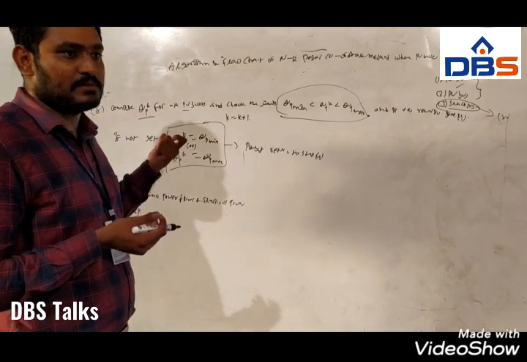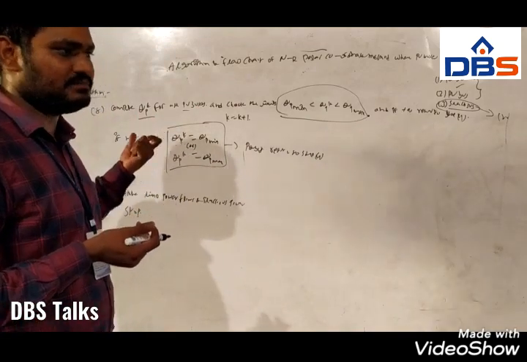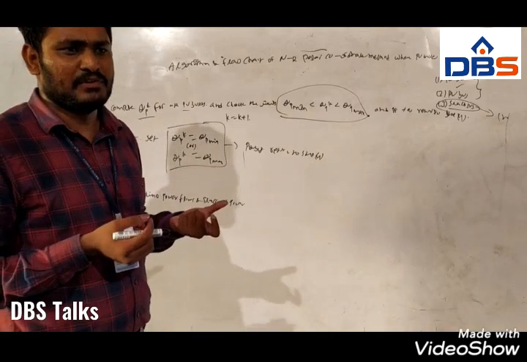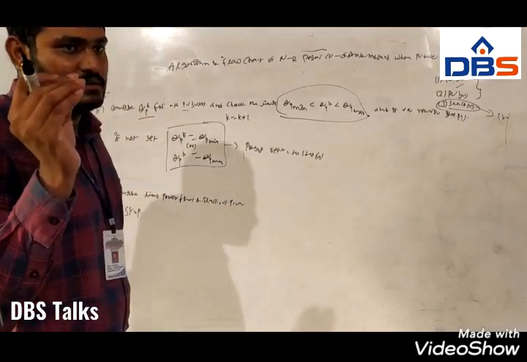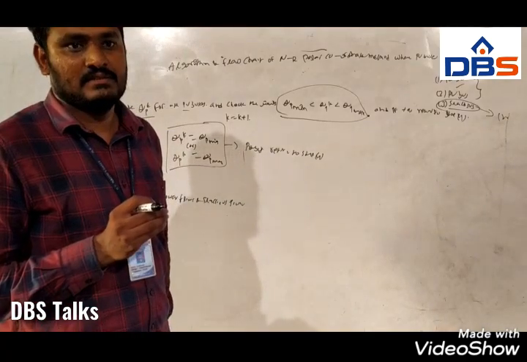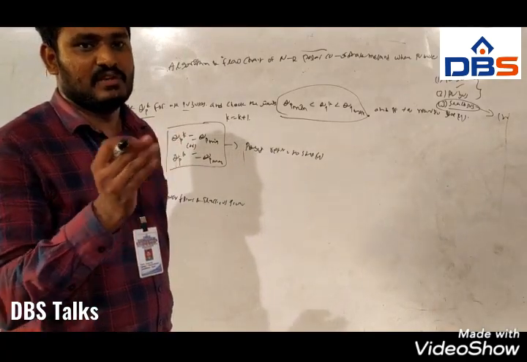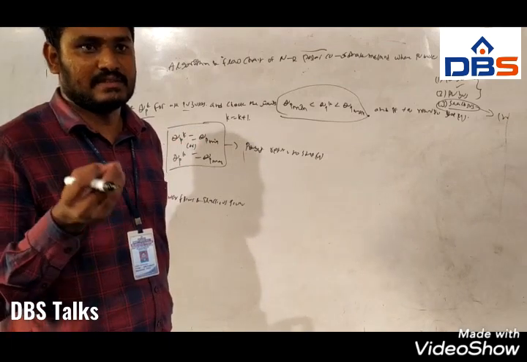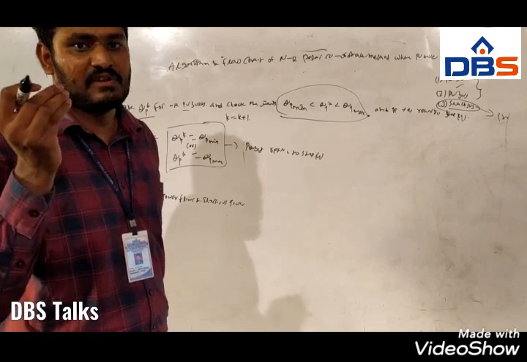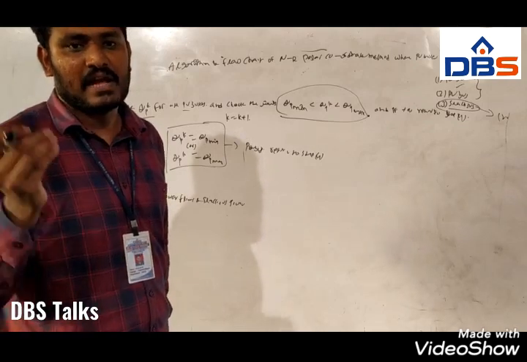And in the seventh step, here we have to check the convergence. In the previous step we have already calculated the residue value, so by using the residue value, check the convergence. That is, if the residue value is greater than or equal to epsilon, we have to calculate some values.